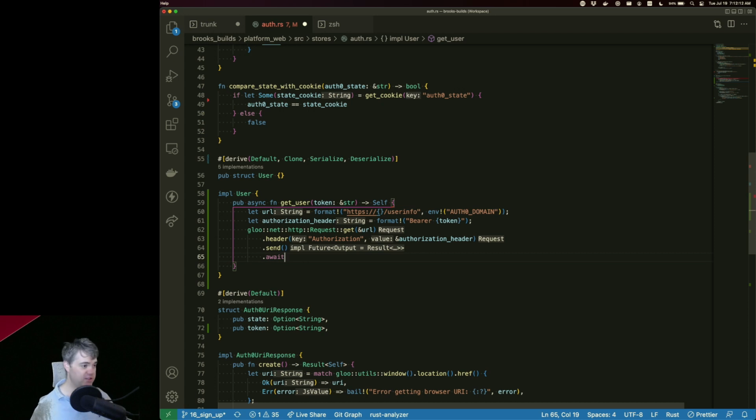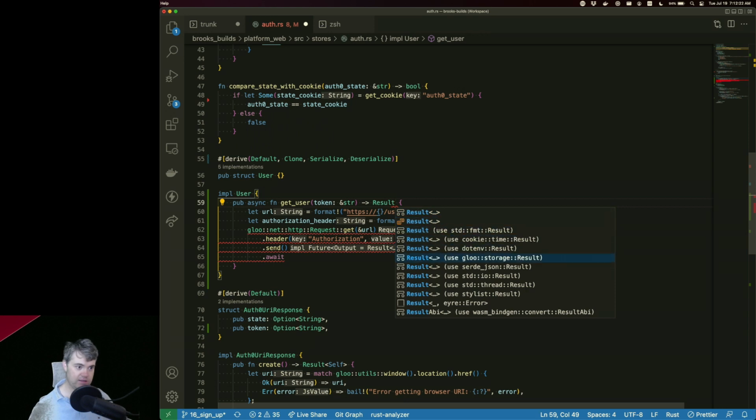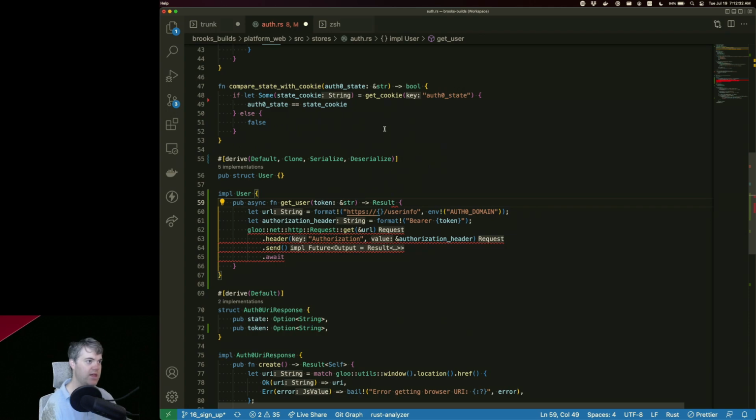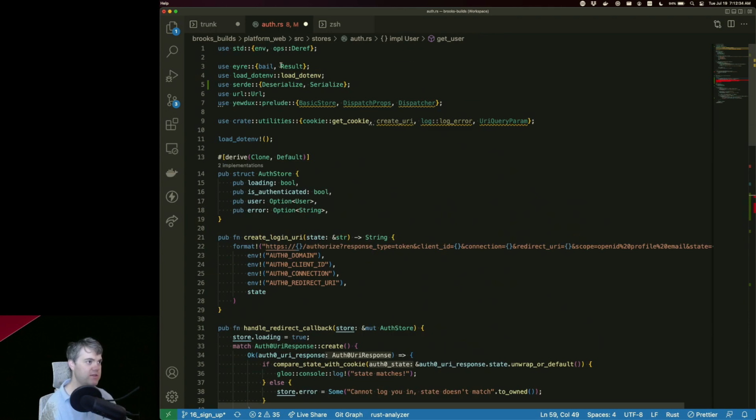So if this fails for some reason, we need to handle that. So I probably want to have this be an error result. Am I already using the error result? I am.